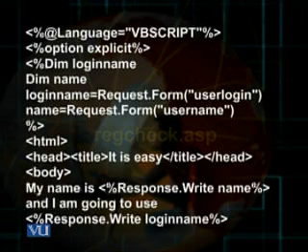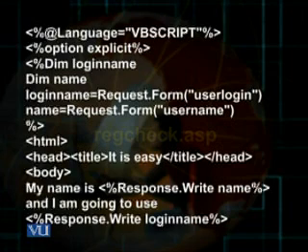Then login name equal request.form, and within the parentheses and double quotation marks I write the word userlogin. That means the value inserted by the user in the text box called userlogin should be read and assigned as a value to the variable login name.